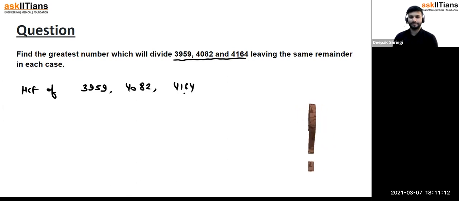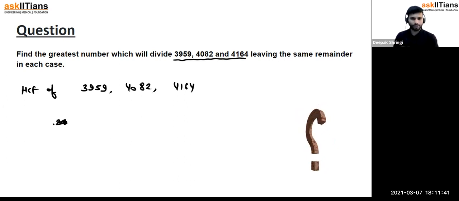मुझे लगता है 17 से है, एक बार चेक करते हैं। देखो 3959 को 17 से डिवाइड करो तो कितना आएगा? 2 7 34, 34, and then 5 will be remainder, 51 के बाद 4. 17 से भी नहीं है। 19 से भी नहीं है। मतलब बेसिकली यहाँ पे ये वाला मेथड यूज करना ज्यादा सही नहीं होगा।